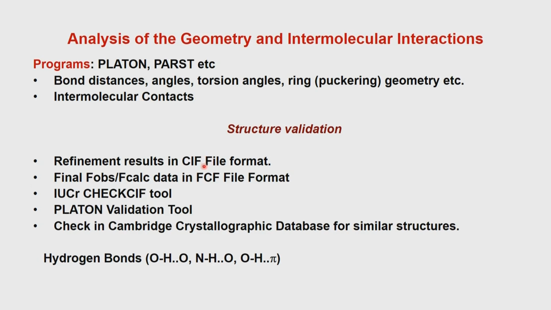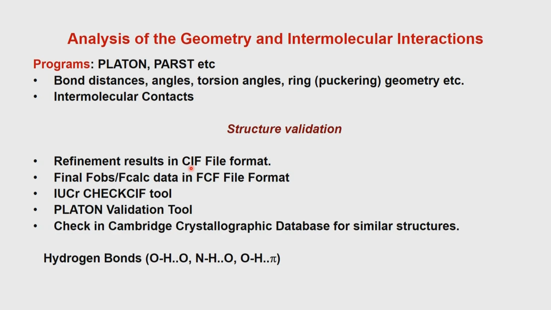So, one has to have a CIF file available for any structure that is determined, and that CIF file will have so many factors. CIF file will consist of the a, b, c, alpha, beta, gamma, the standard deviation in the a, b, c, alpha, beta, gamma, the coordinates x, y, z and the 6 thermal parameters if it is anisotropic refinement, the hydrogen positions and their isotropic or anisotropic parameters.